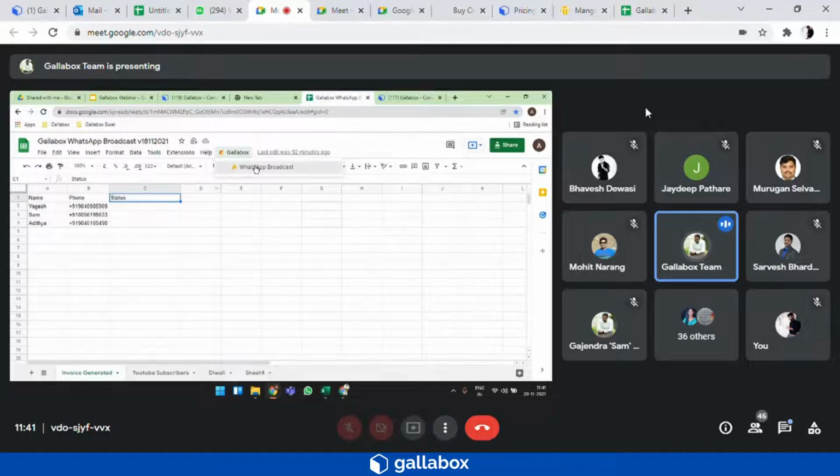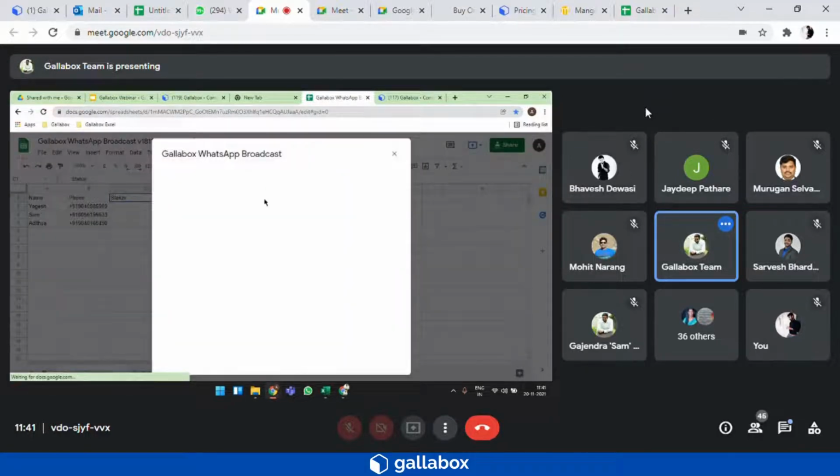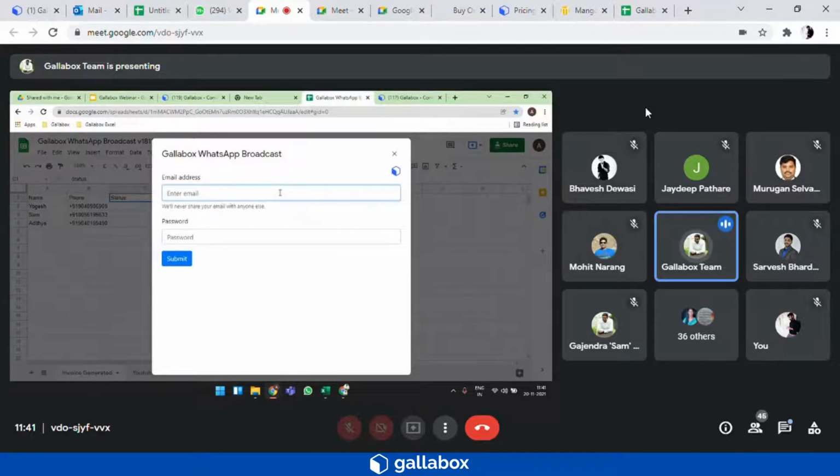When I click on WhatsApp broadcast, it will run a script and open a screen where you have to enter your Galabox credentials, the credentials which you use to log in inside Galabox. In this case, I will use my credentials. Once I enter the email ID and password, I will submit this request.